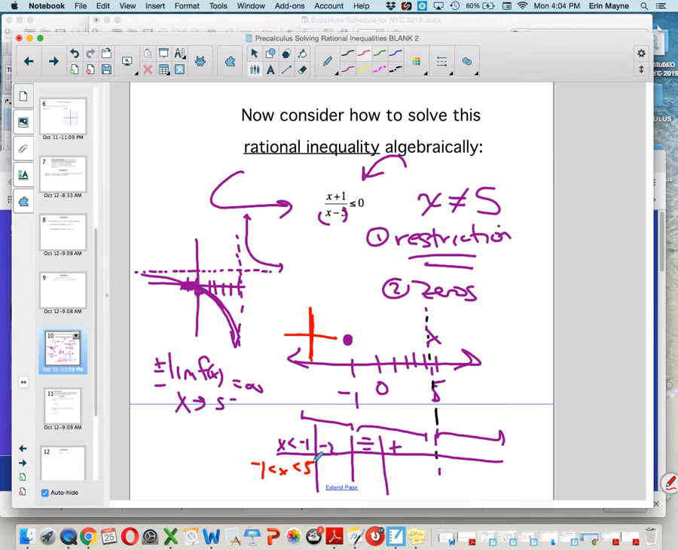And whenever I can, I want to pick 0 because it just makes life easier. This is a positive on top, a negative on bottom. So a positive divided by a negative is negative. So this chunk right here is negative. I then pick a number greater than 5. So let's say I go with the number 6. I put 6 in. 6 plus 1 is positive. And I'm dividing by another